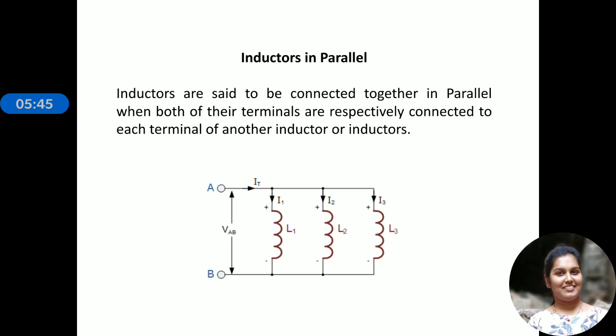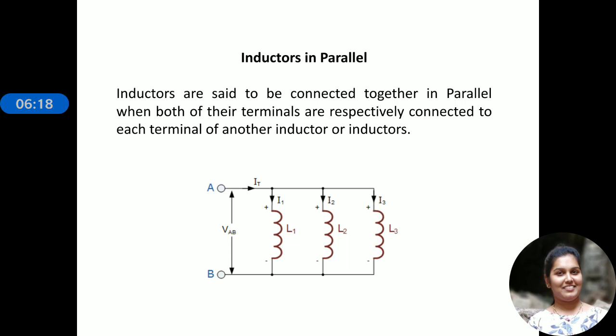And also we have seen that when inductors are connected in series, sometimes mutual inductance may also take part in the total inductance that is being generated. In such a case we consider two different types of inductors in series, that is cumulatively connected inductors and differentially connected inductors in series.